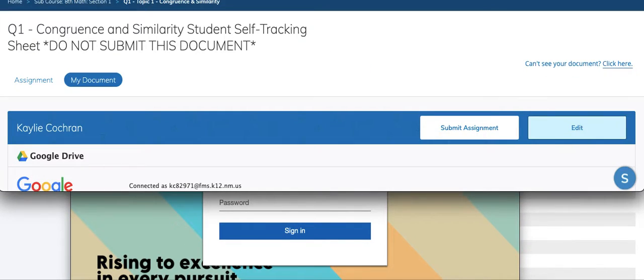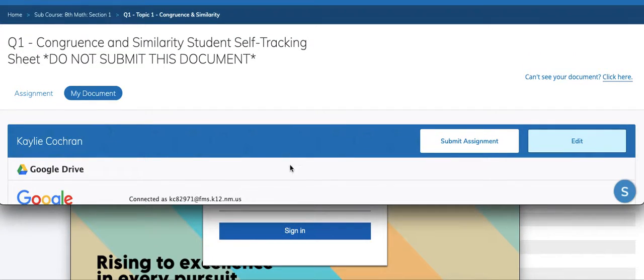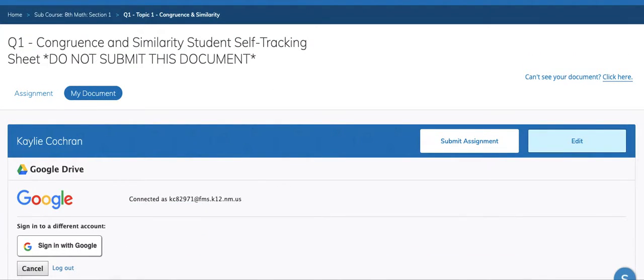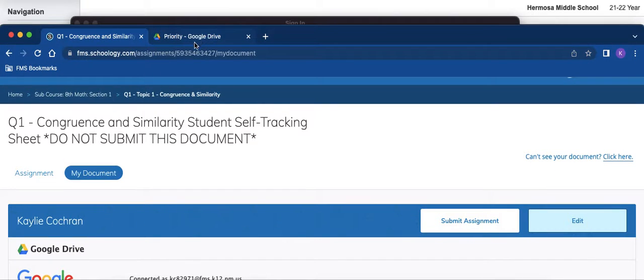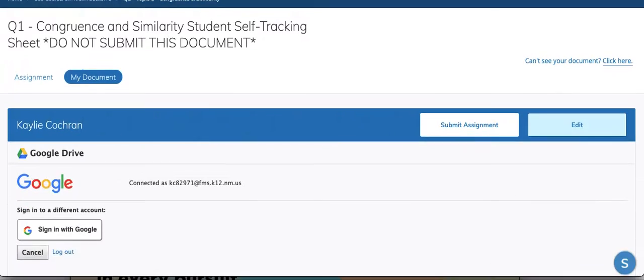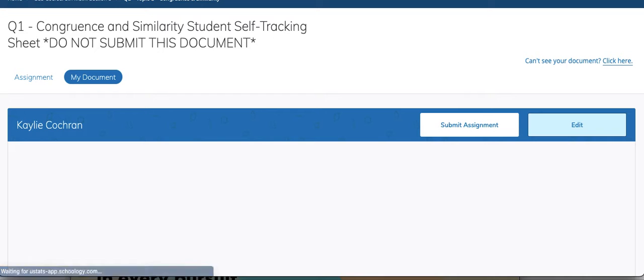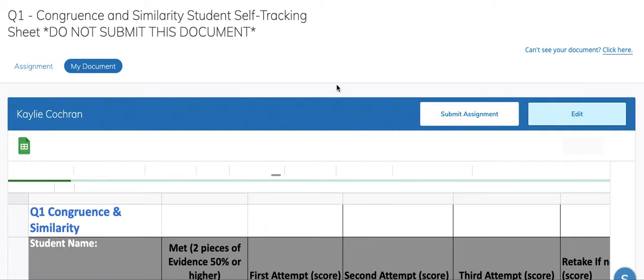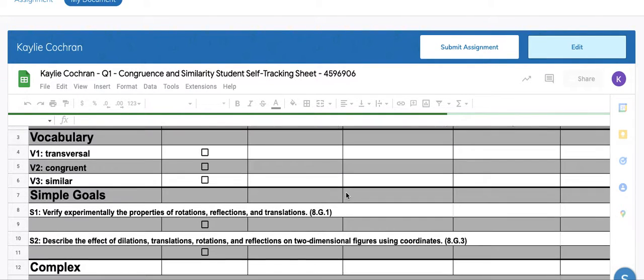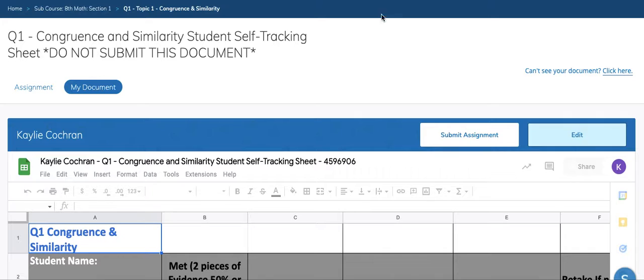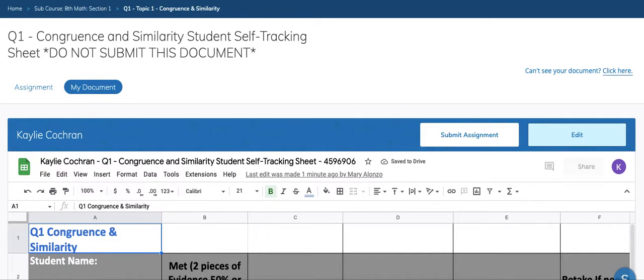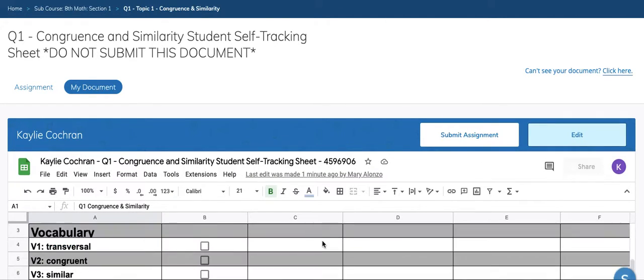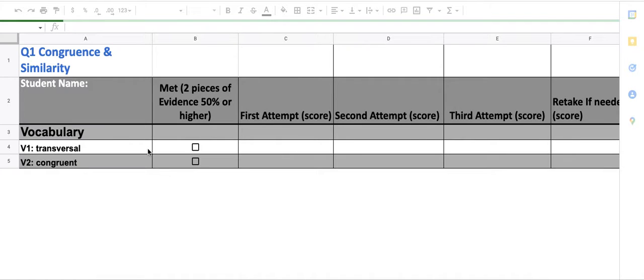And then I'm going to just go back into this tab. Once I've done that, you can see that this right up here logged into their Google Drive. So I'm just going to hit Command R on this screen, and then it's going to open the document up for me. Once the document is open, you're going to see on this document, sorry, the zoom is a little off. If you can't see all of it, you can hit Edit, and it will open it in a full